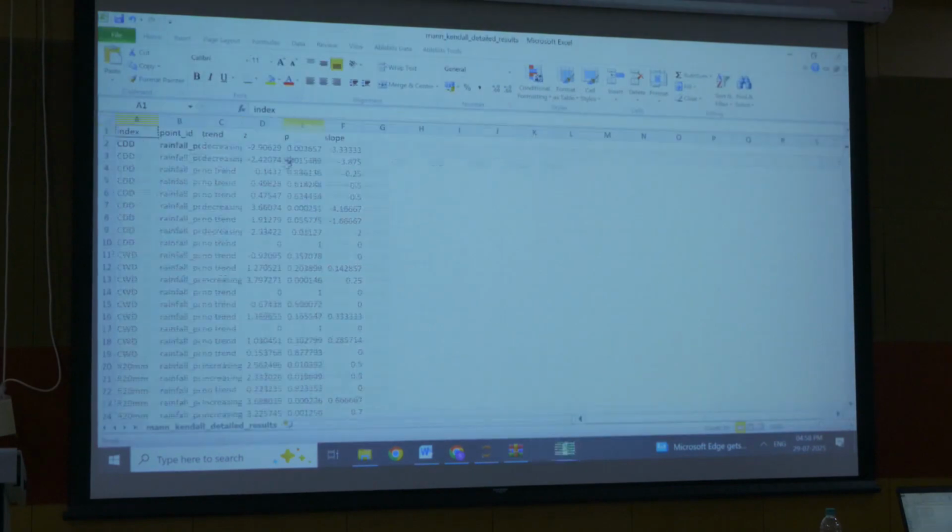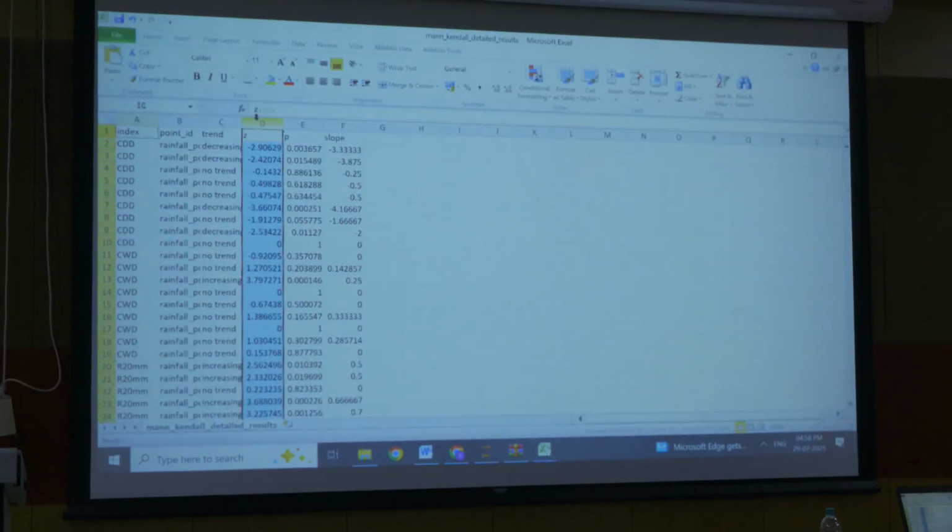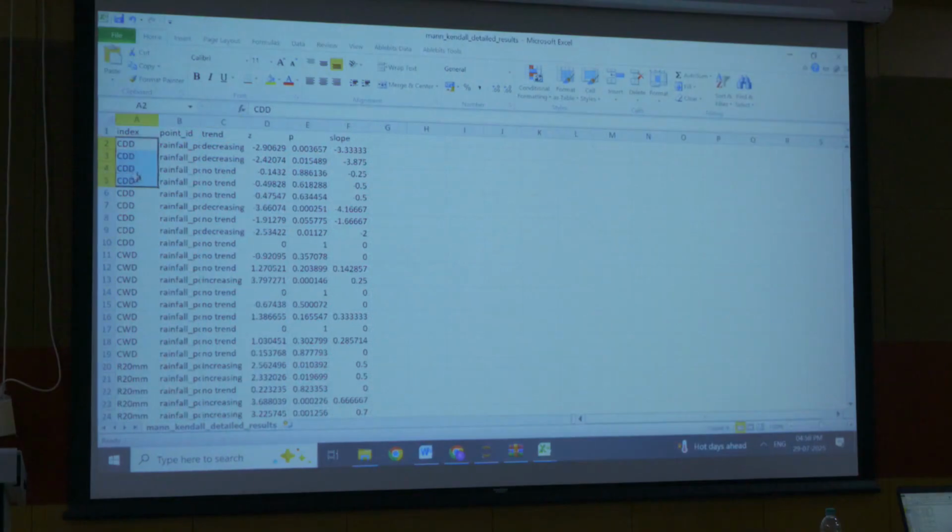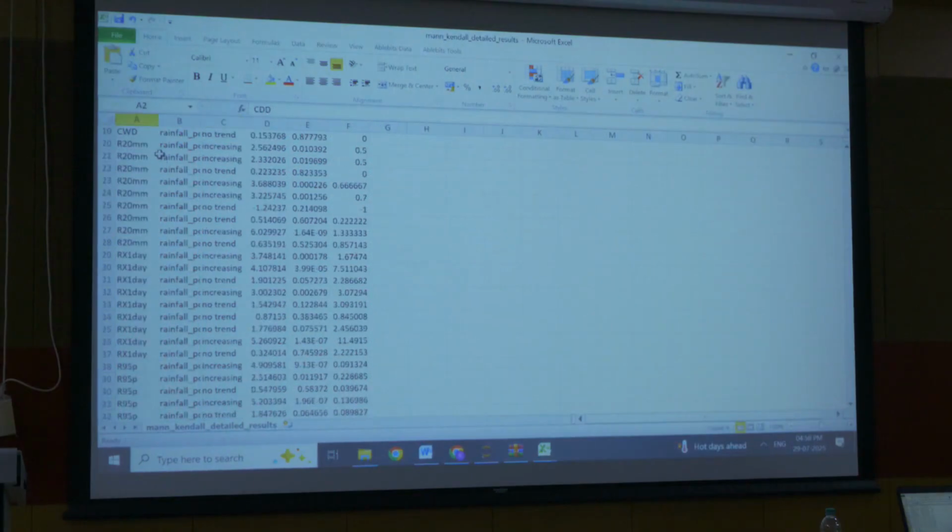One result: Z value, P value and slope are generated. This Z value will show, for the points in the region we have taken, the rainfall point that is generated, and each CDD, CWD,